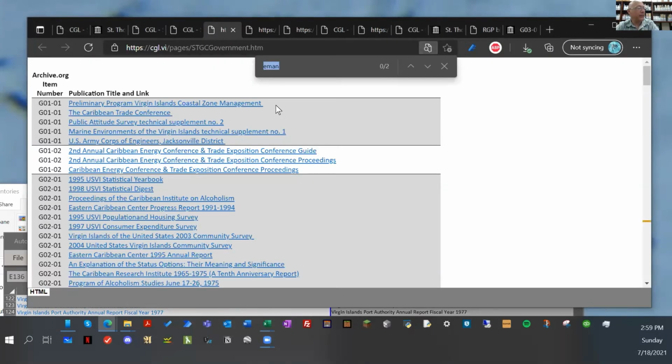Control F. Well, there's something for emancipation. Either of those look interesting? I can't see. Rob, you're not screen sharing. Yeah, sorry about that. I'll go through that stuff again. So government printings, and then Control F,